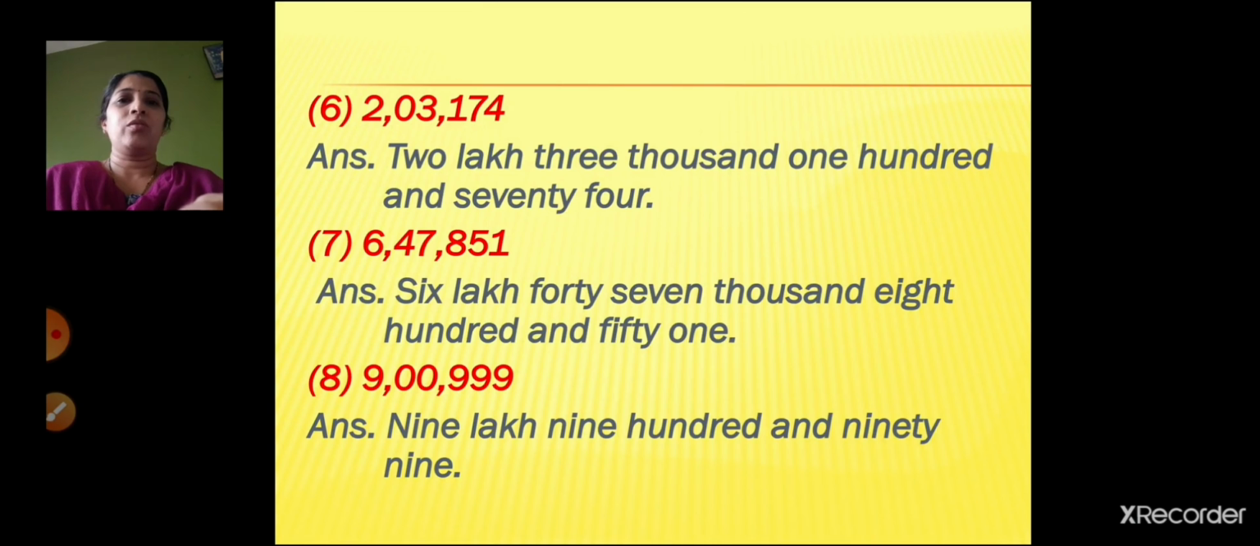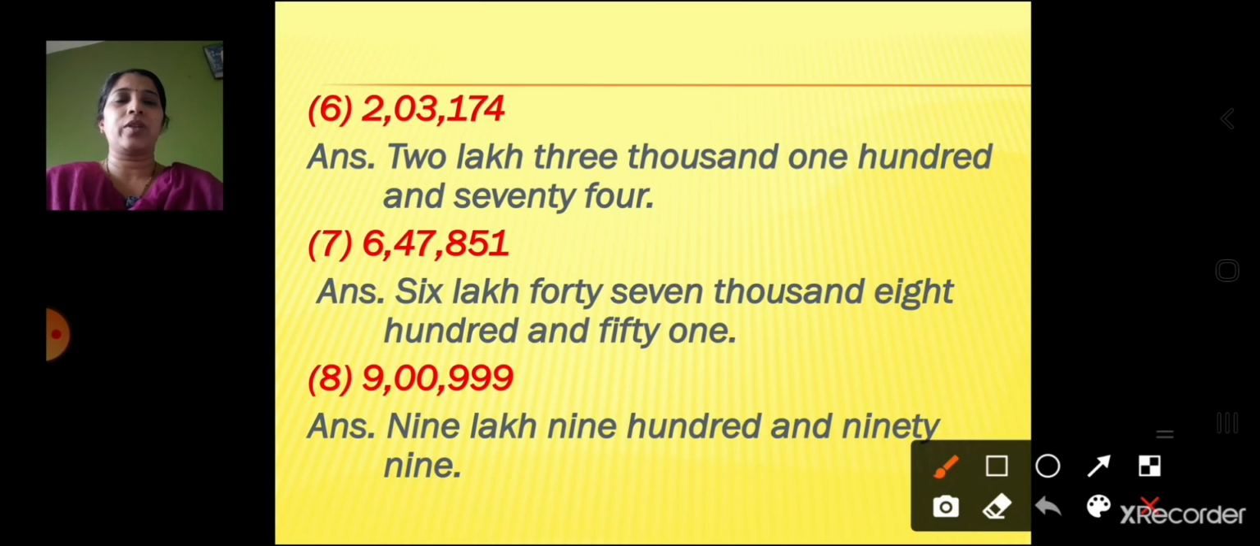203,174. So starting from our right hand side children, 4 in the units place, 7 in the tens place, 1 in the hundreds place, 3 in the thousands place, 0 in the 10,000s place and 2 in the lakhs place. So you will write the answer as 2,03,174. Seventh one is